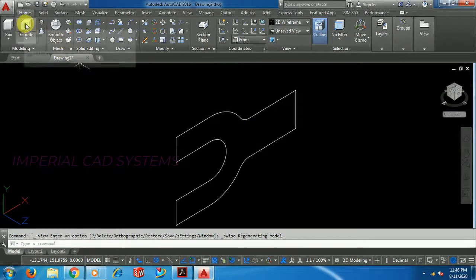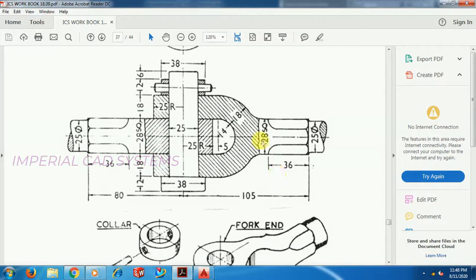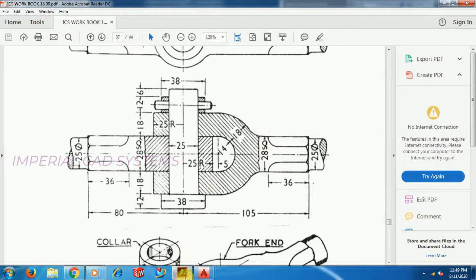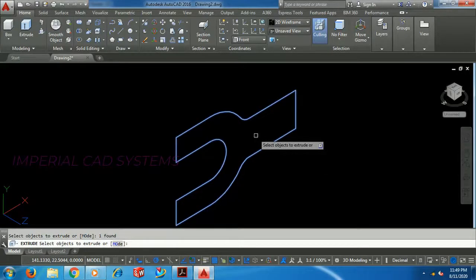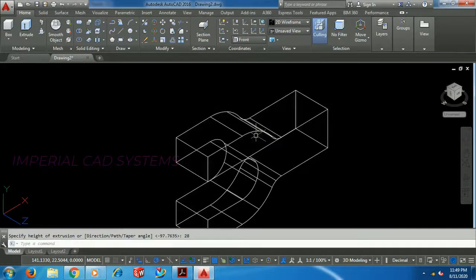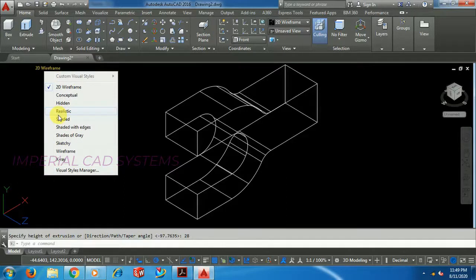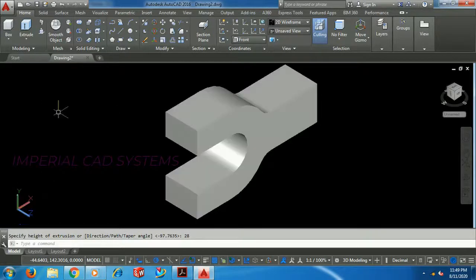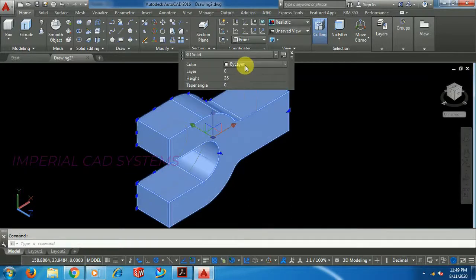Then go for extrude. How much do we need to extrude? Just check this. See, 28 square. So select 28, enter 28. Realistic. Give a color.